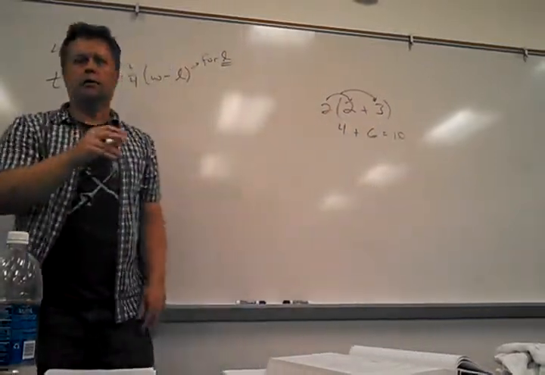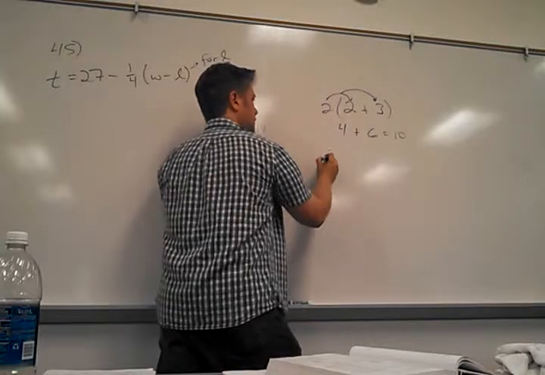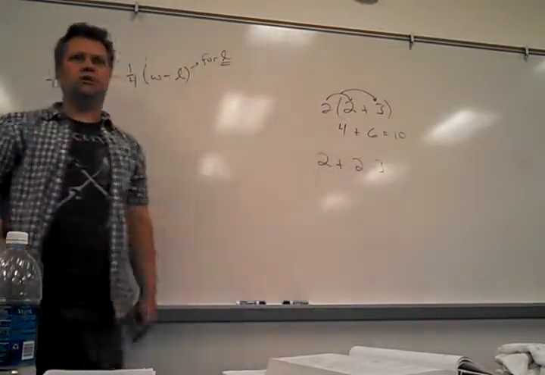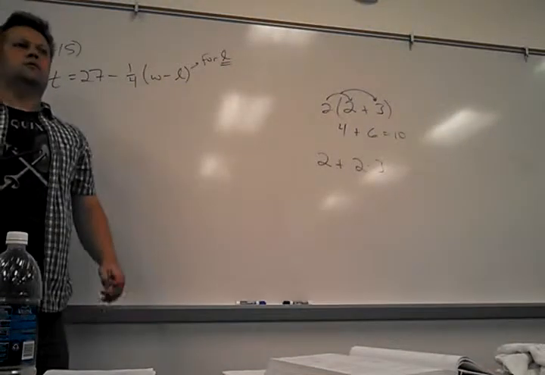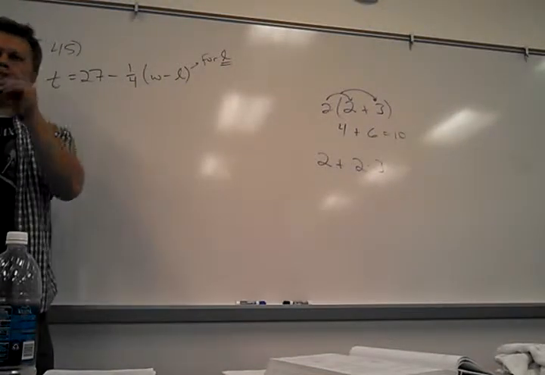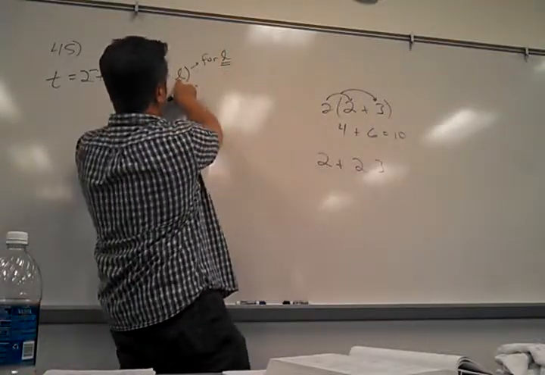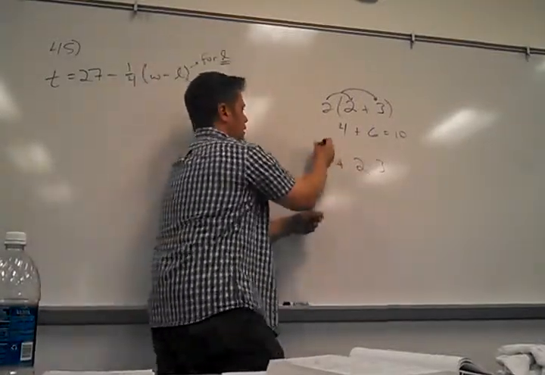If I had 2 plus 2 times 3, well, that's 2 plus 6. You with me? I know this is a little weird, but I'm just playing with numbers here. This is part of what we have to do to understand algebra. Algebra is a bunch of things I don't know yet, so I better understand numbers. If I want to double this,